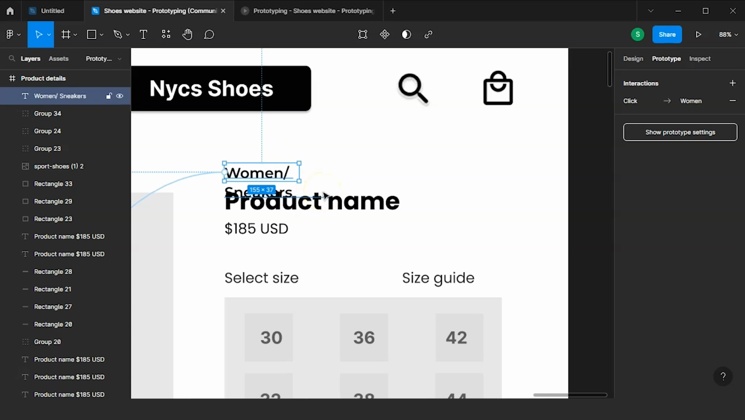And now when you go back to our prototype, we can click anywhere. You can see that the prototyping